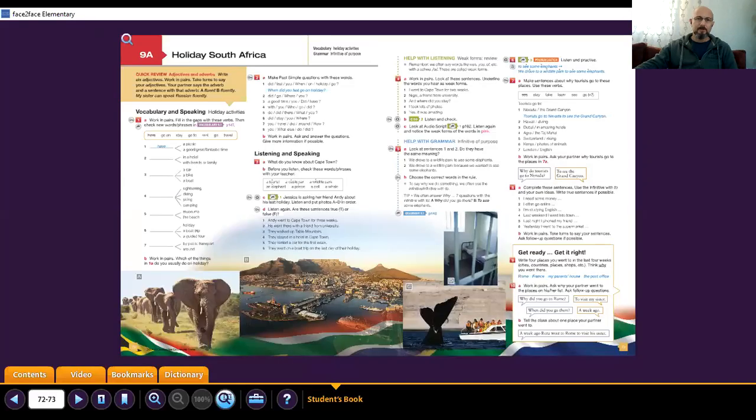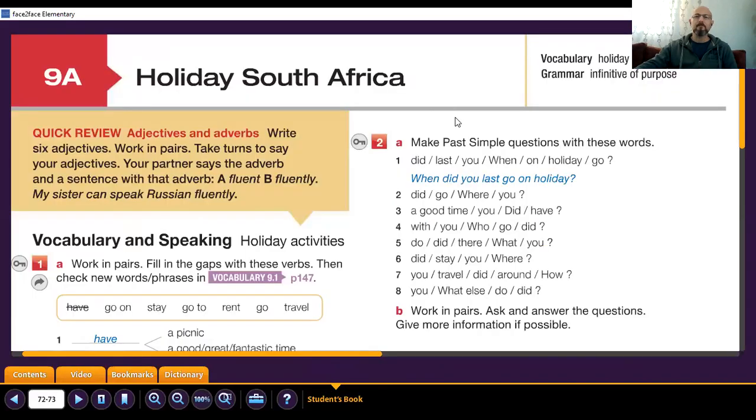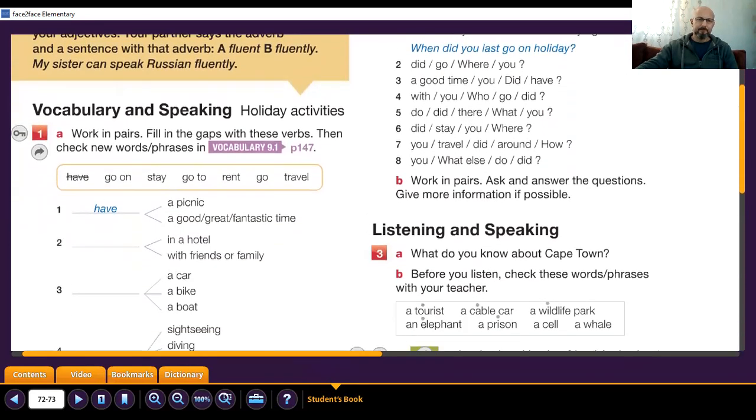And in our lesson today, we will go on holiday to South Africa. Do you know South Africa? South Africa is a country. It's not the south of Africa like the direction, like north of Africa or south of Africa. No, it's a country. South Africa is a country. Okay. In exercise number 1,